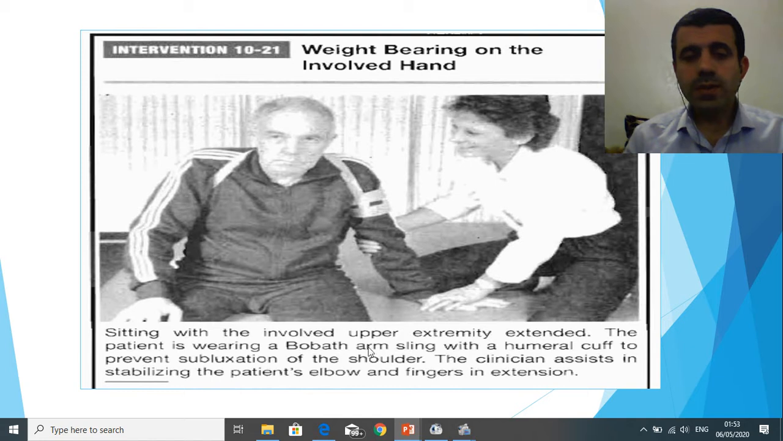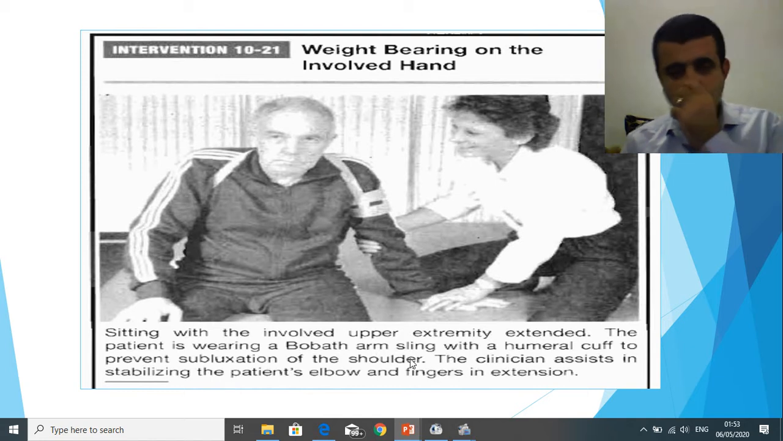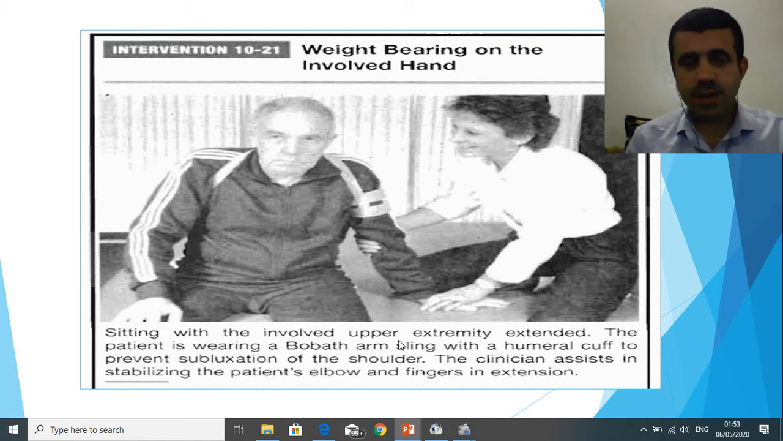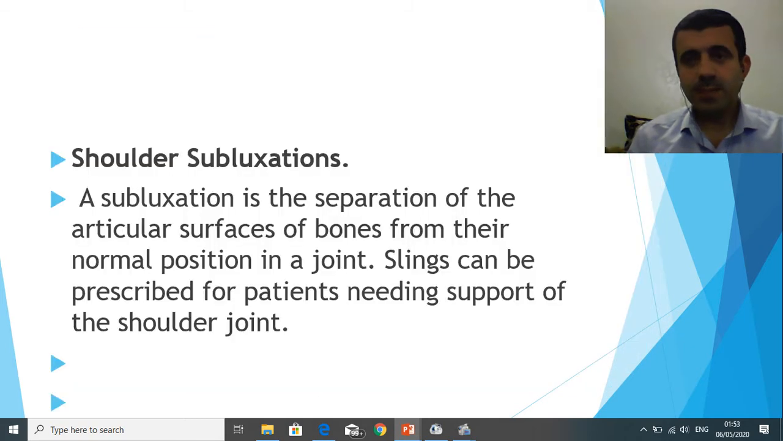So this is arm sitting. This type is Bobath arm sitting, but generally it's called arm sitting. Okay, arm sitting. That is a way to prevent subluxations. Now, what is